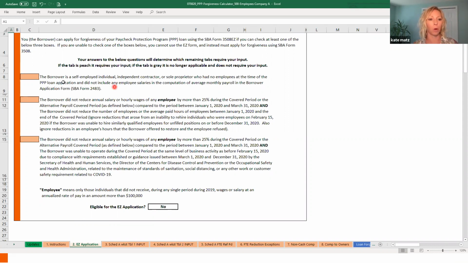So the first one is the borrower is self-employed, an independent contractor or sole proprietor, and they had no employees at the time of the loan application. So that fits right in with what we laid out as our facts for company A. We said they're a sole proprietor, Schedule C, no employees. So we're going to go ahead and change this to yes. Now, as I do that, watch down here, this eligible for easy application is going to change from no to yes. And then a couple of these tabs down here are going to switch from salmon to gray,